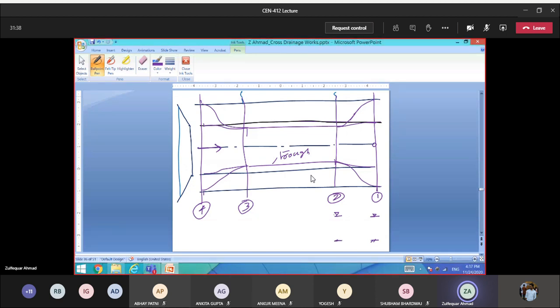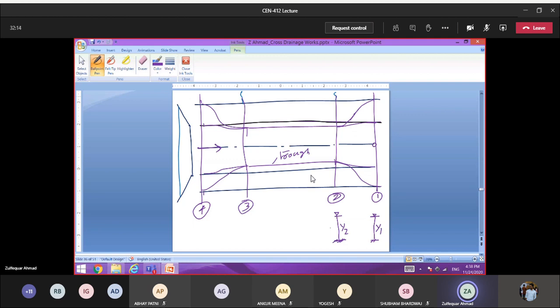I mean the depth of the flow. Now you have to compute the bed level, and the depth of the flow also you have to compute. So you can't do that by the Bernoulli equation alone. One you have to freeze, right? So what you can do is take a plain bed here, or take whatever depth of the flow you have here, take the same depth of flow here also, and then you can get what is the bed level. So you have to apply the Bernoulli equation at 1 and 2.